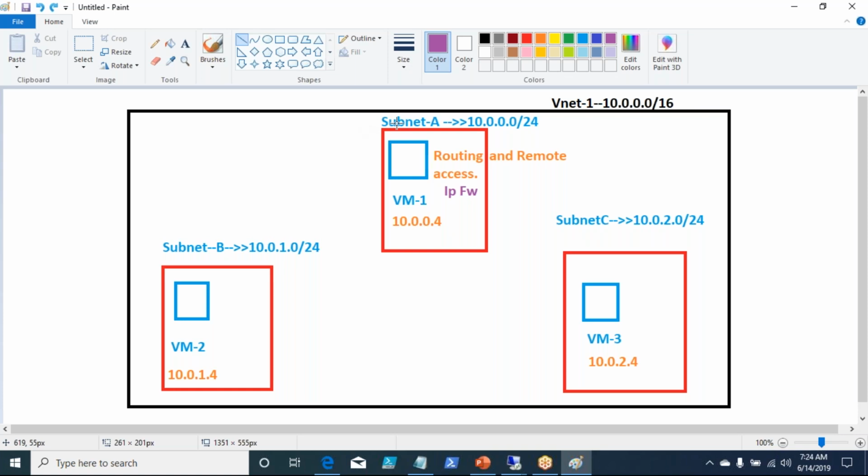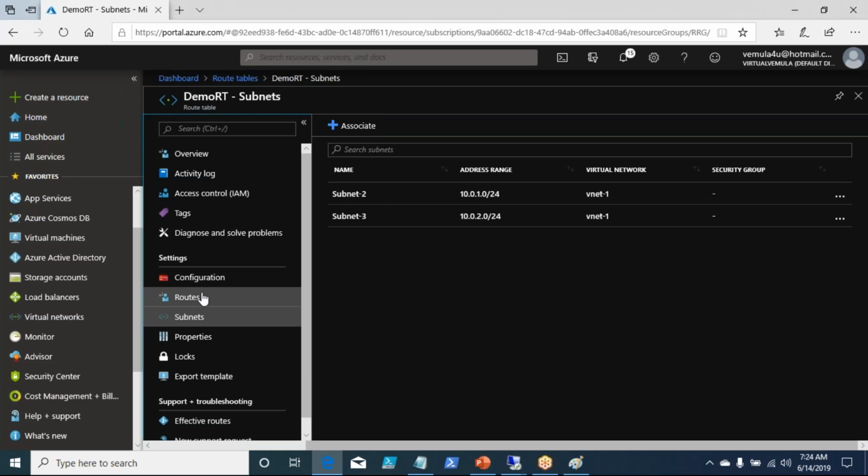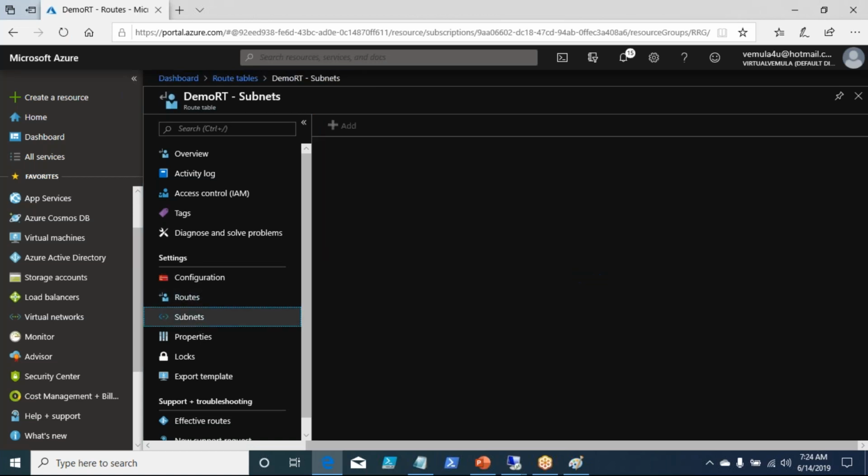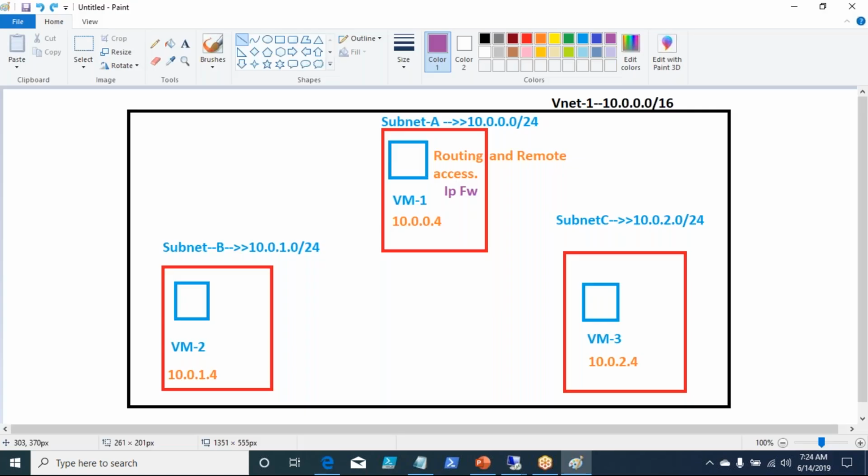Instead of A, it is 1, 2, 3. So we associated these routes to our subnets. Route 1 and route 2 are associated. Now subnet B knows it should go only through this route because there is a rule specified. And subnet C also knows it should only go through this route.